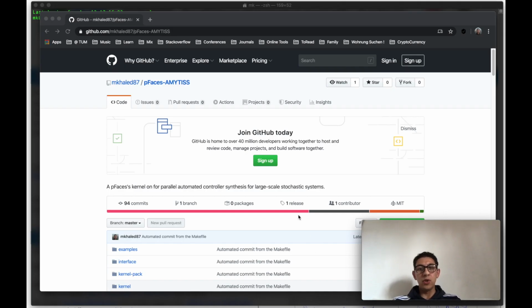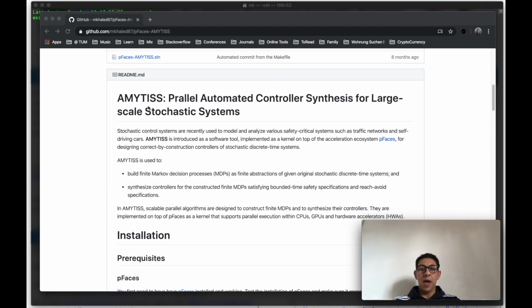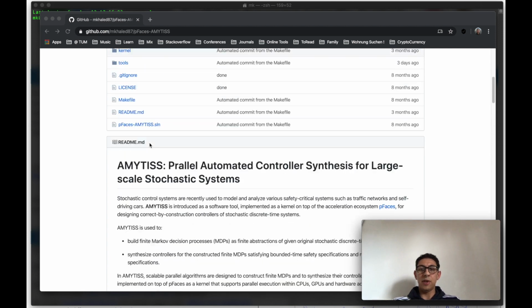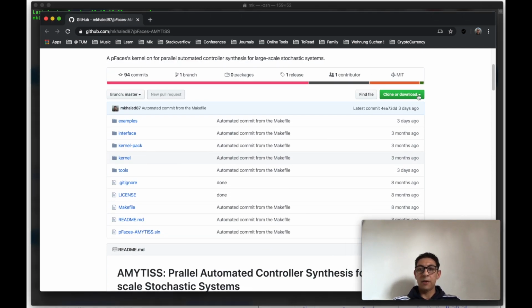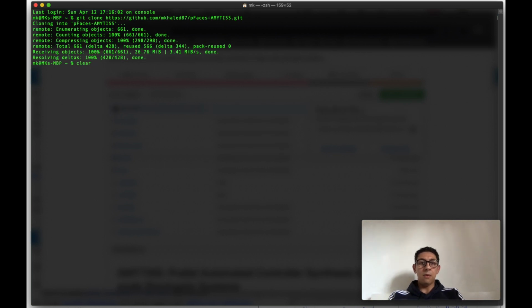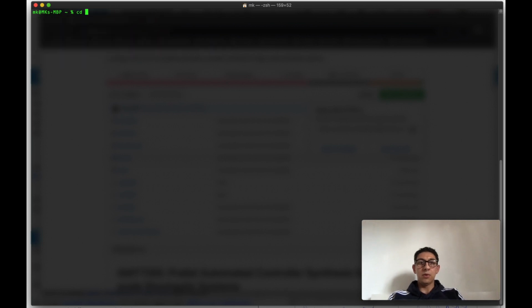Now, let me show you a quick demo of using the tool AMYTISS. You can go to the repository of the tool and it will explain how to install the tool. Installation is very easy. Copy the address of the repo and clone it. Now navigate to the cloned repo,